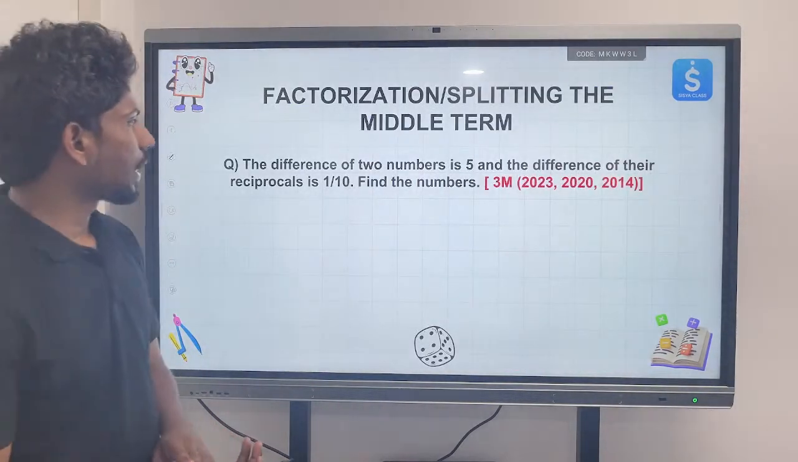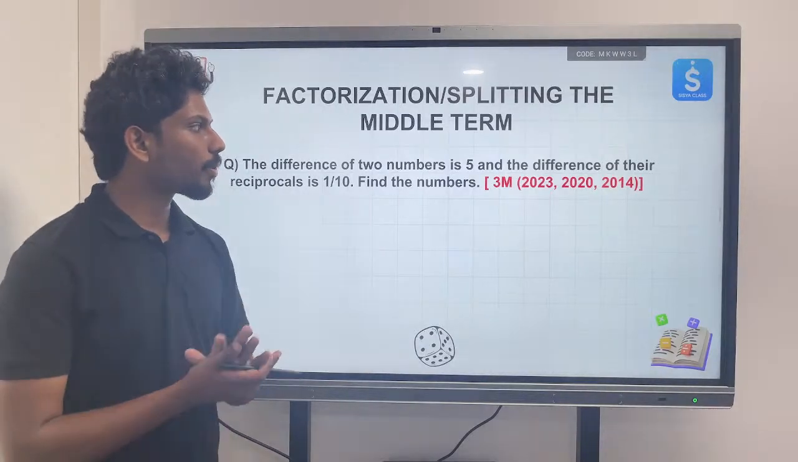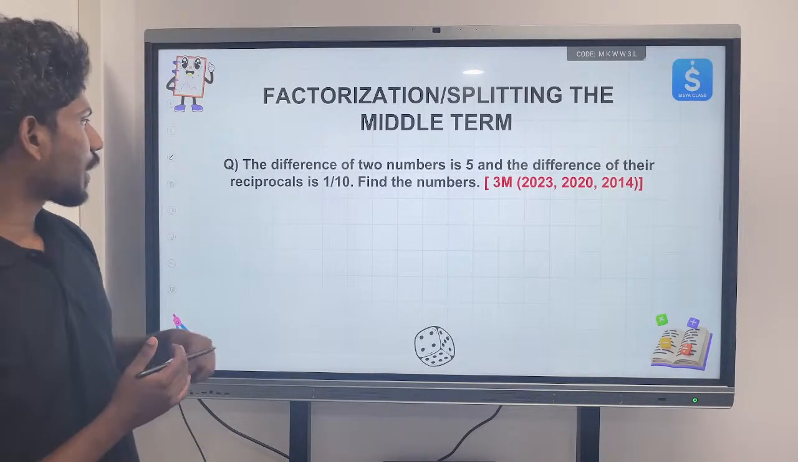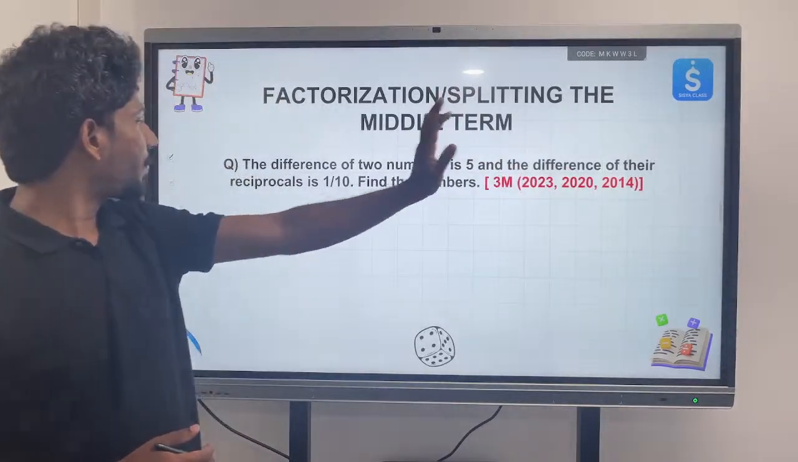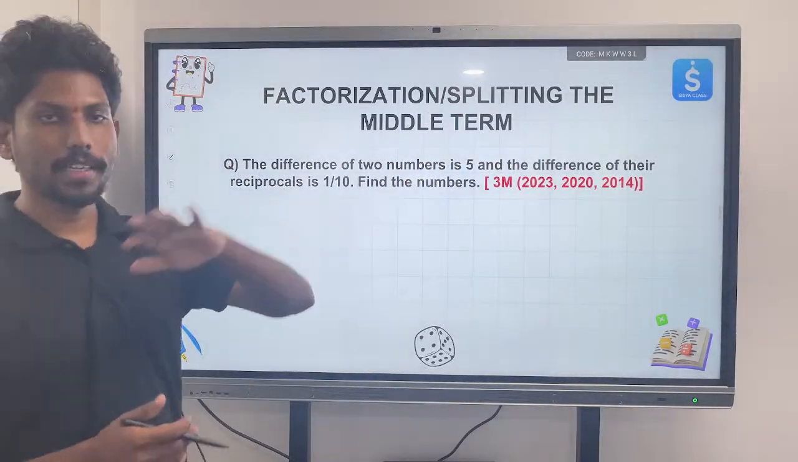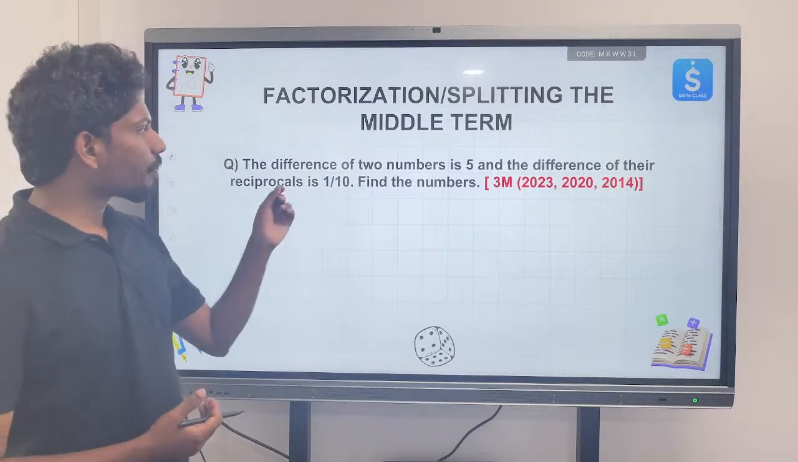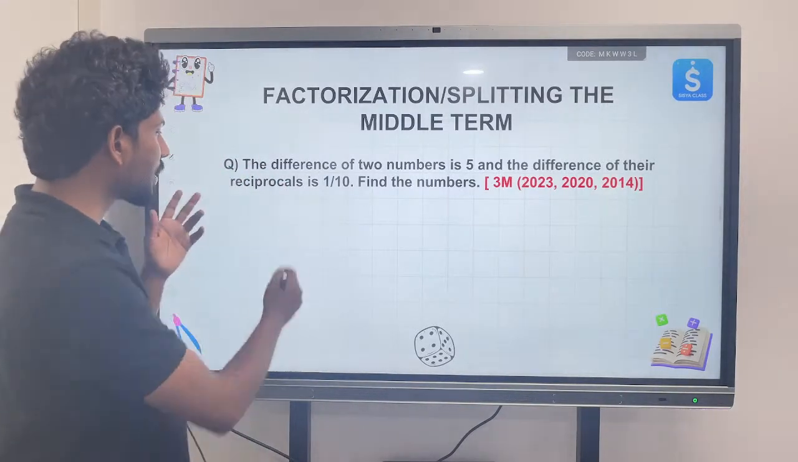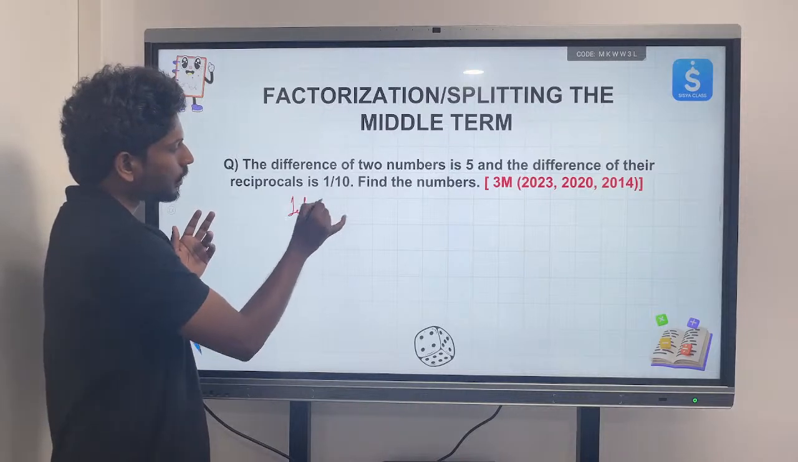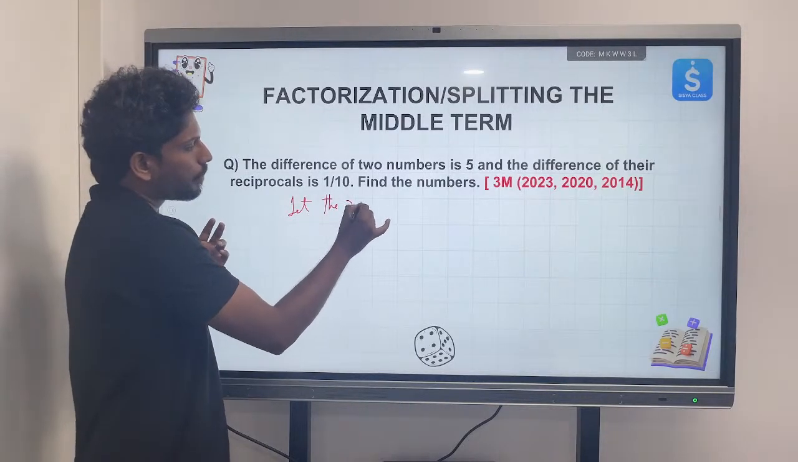Okay, right. Now we would like to solve one problem using splitting the middle term. The difference of two numbers is 5 and the difference of their reciprocals is 1 by 10. Find the number. Okay. So if I have to choose two numbers, do I know the two numbers? So let's take one of the numbers to be, let the number be